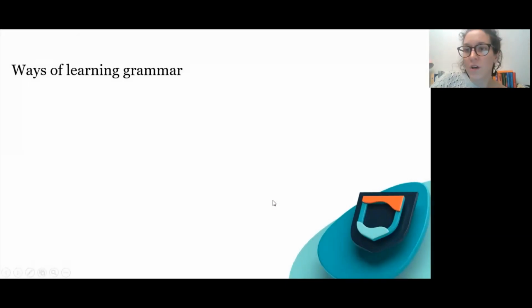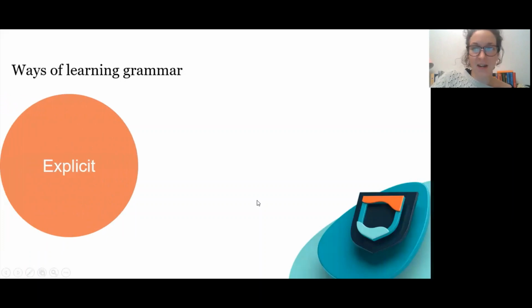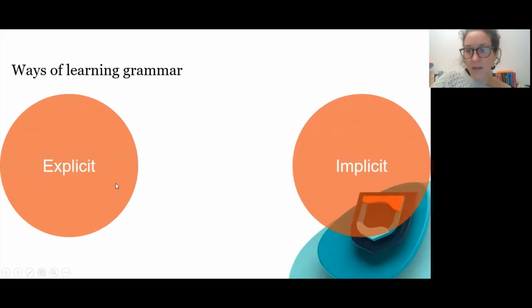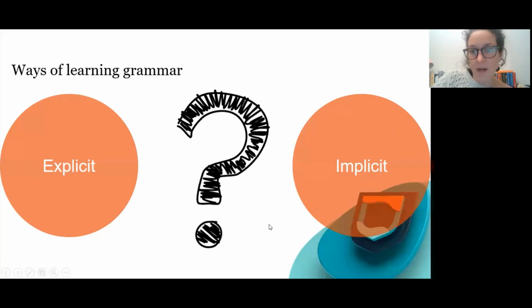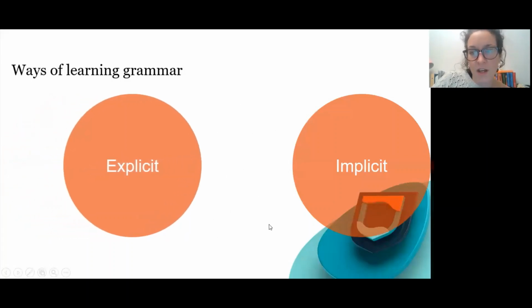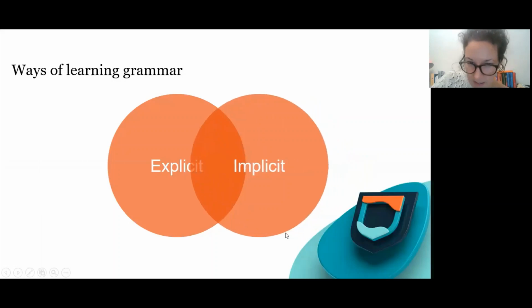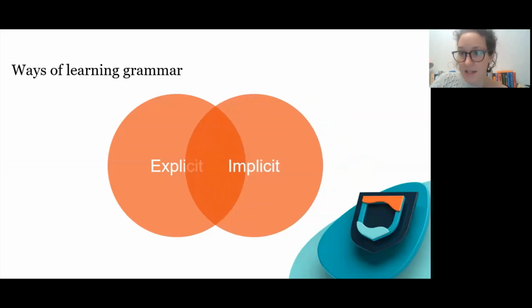Now, what are the ways of teaching grammar to secondary students? Again, explicit and implicit when we give instructions. Which one is better to use? Of course, they should be combined. Both explicit and implicit at the same time, on the same lesson, one by one. They should be combined, especially when we just start a new grammar topic.